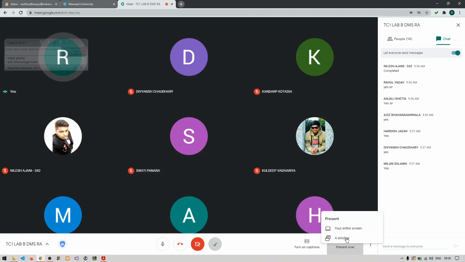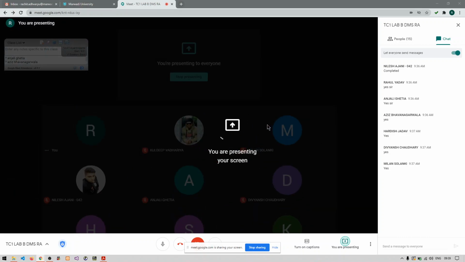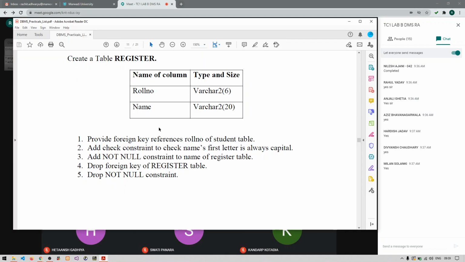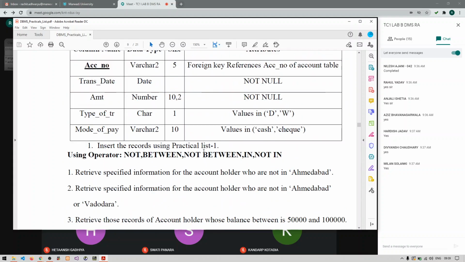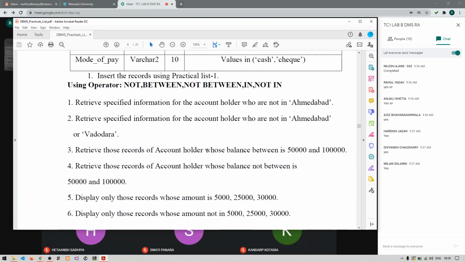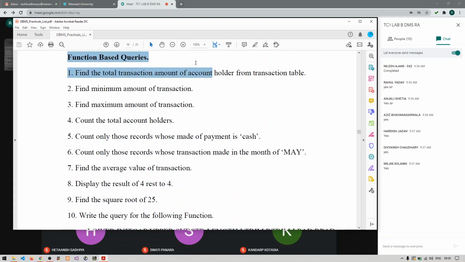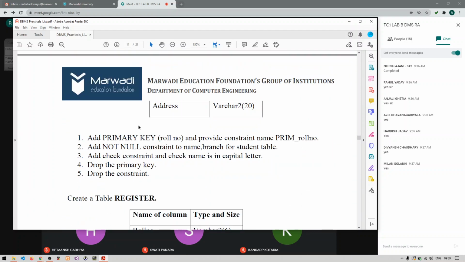Let me present my screen first of all. Right, so we are left with this part now. We have covered the tables and the 10 queries, and we are left with the function based queries and the two tables, the student and register table.